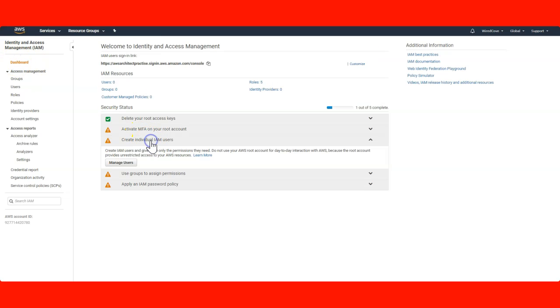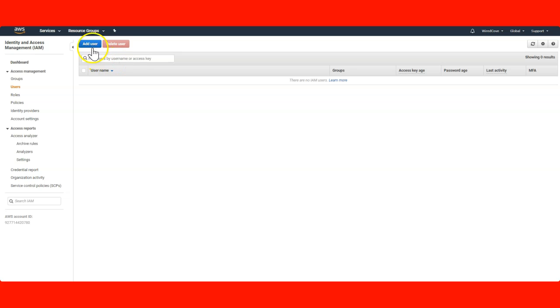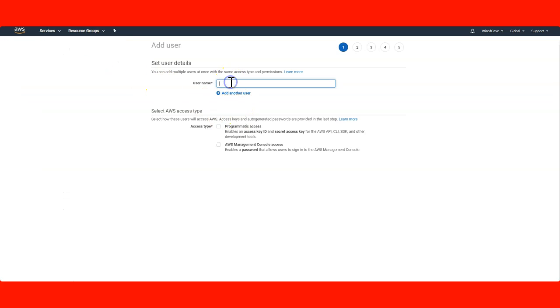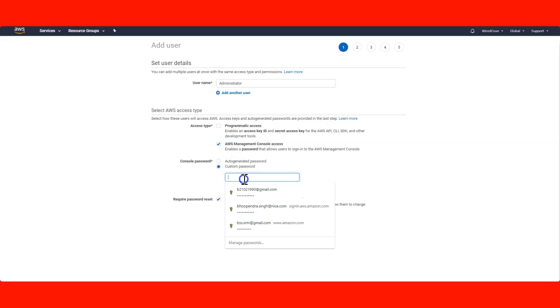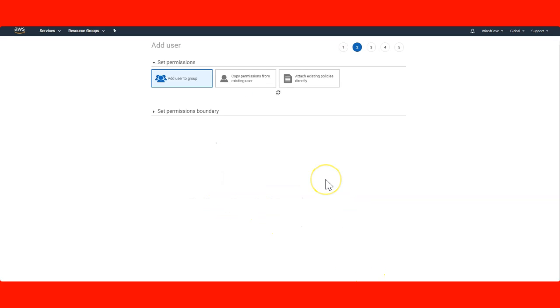Let's go back to create individual users. I'm going to create an individual user to manage them, and this is my administrator for this group, and I'm going to enter a password. I'm checking this checkbox and clicking on next.